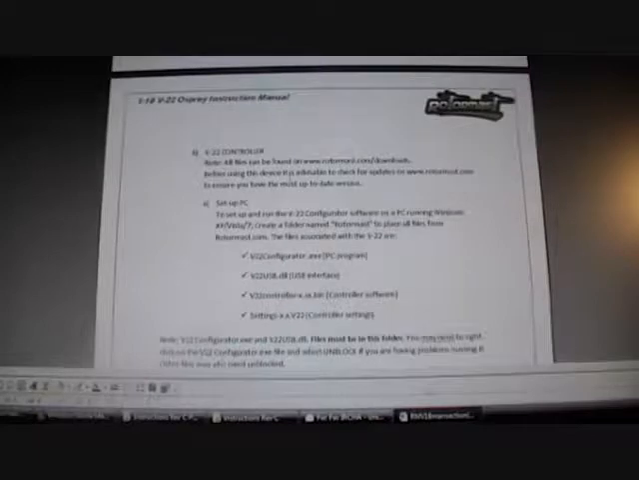The BEC, you want to run 5.5 volts. That BEC setting is set up in the speed controls in step number 1. And then to start the configurator and get it set up,